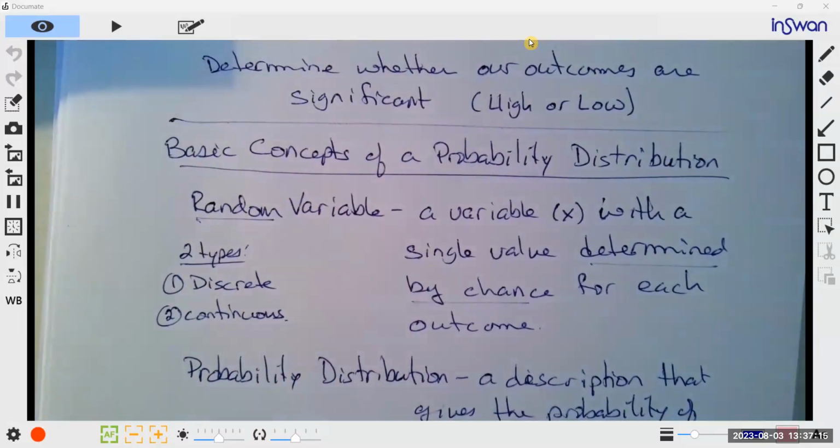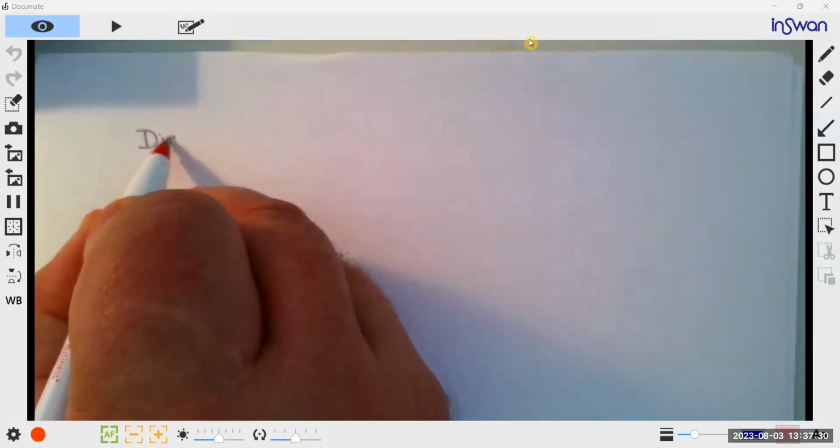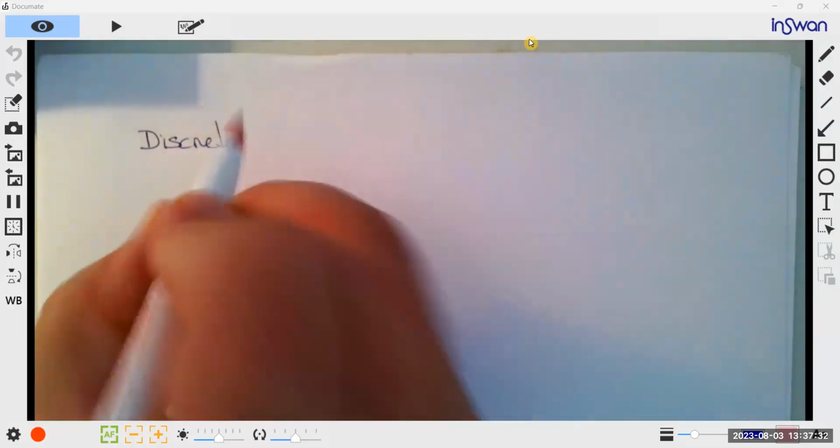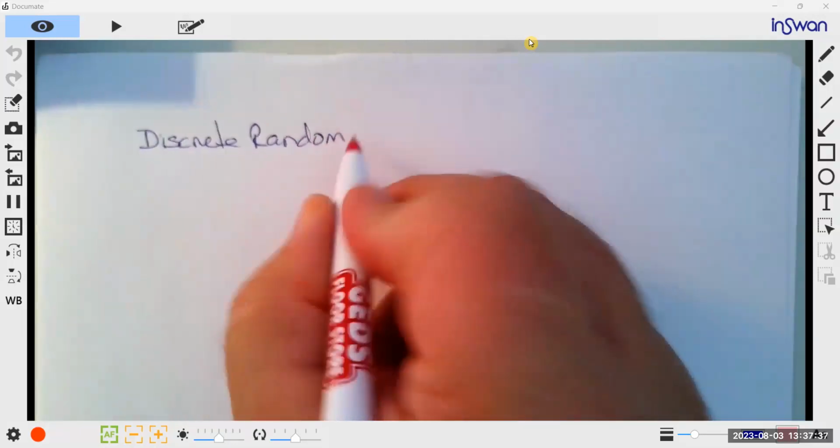Remember earlier in this course, we talked about discrete and continuous variables. Let's define those. A discrete random variable